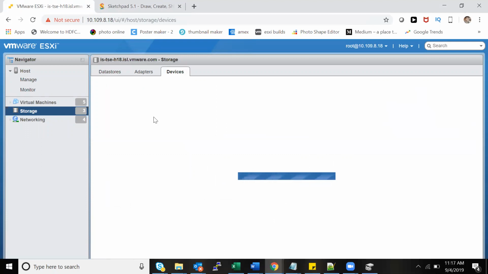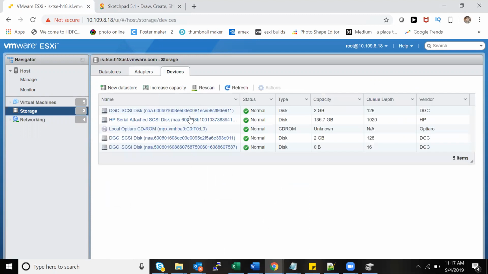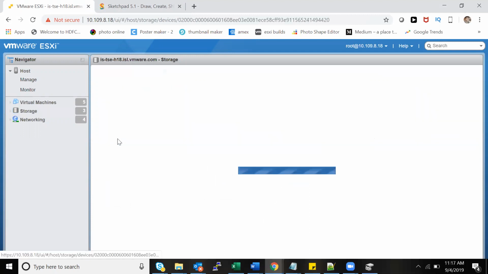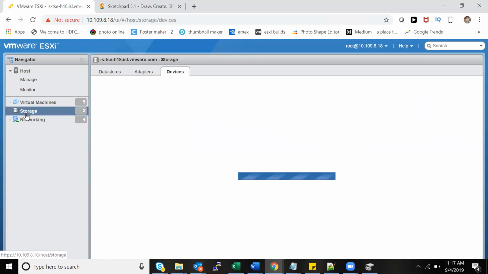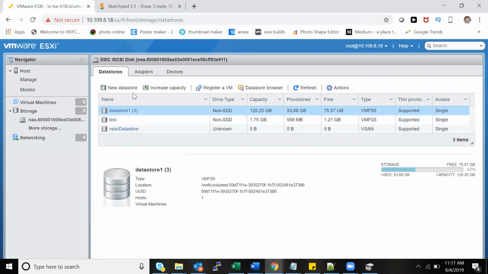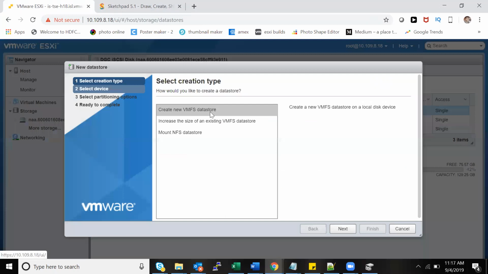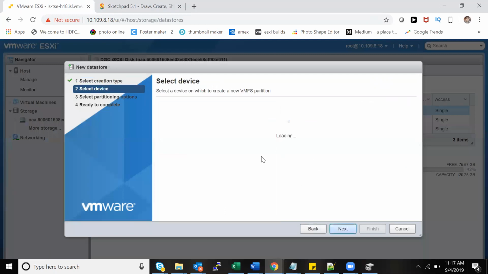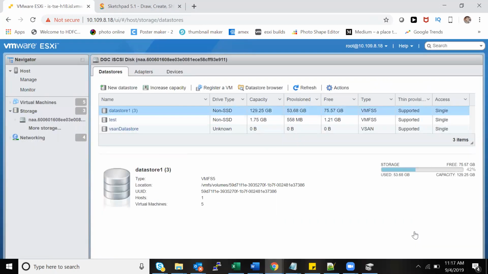In devices, you will see DGC 1, 2, and 3. Three data stores will be there. So that means I should have 3 data stores, but I have only 2. That's because there is one more LUN that is still left out, not created as a data store. Okay. I'm saying the other way around. If you create it, then it will come, right? Yeah. Okay.